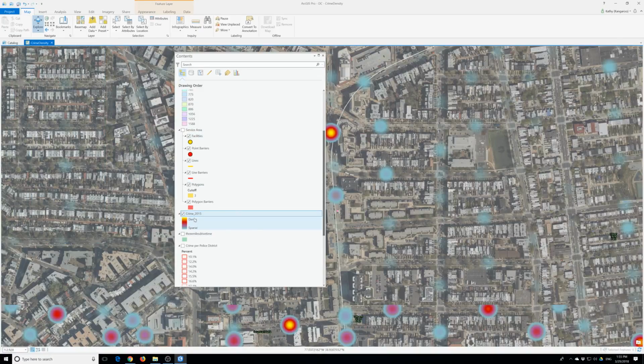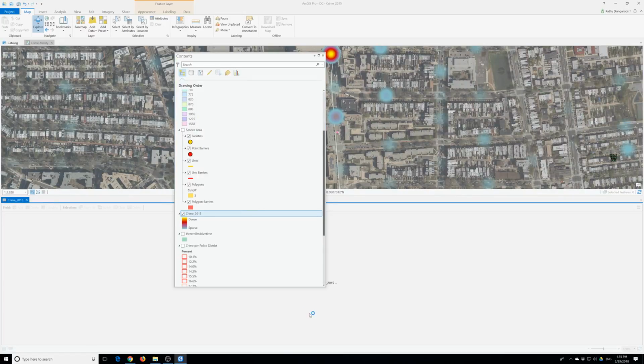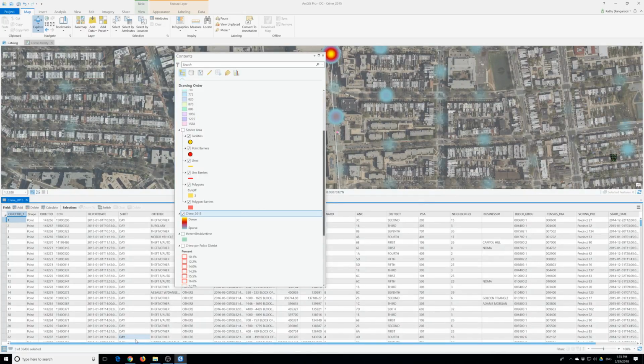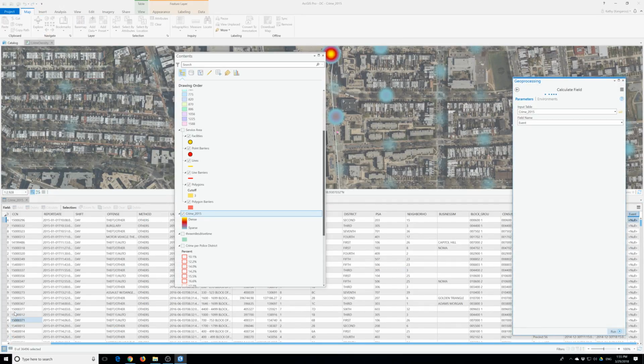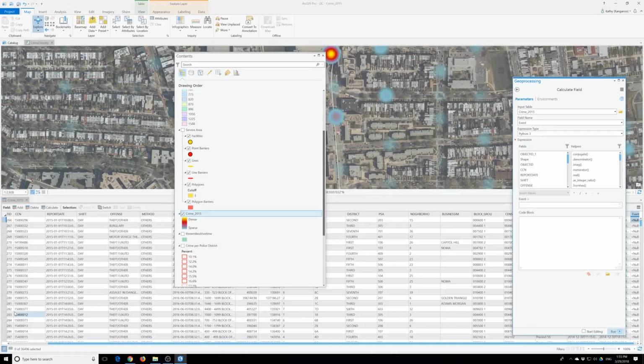Right click on it, and then go to open attribute data and scroll all the way to the right, and we will calculate field. For calculate field, right click on it and calculate field. Once we have a calculate field, in the expression box we will enter 1. Event, just 1. So we will see that 1 is entered in each record,